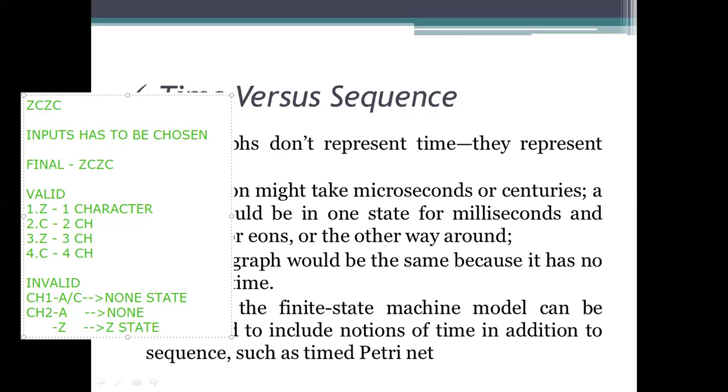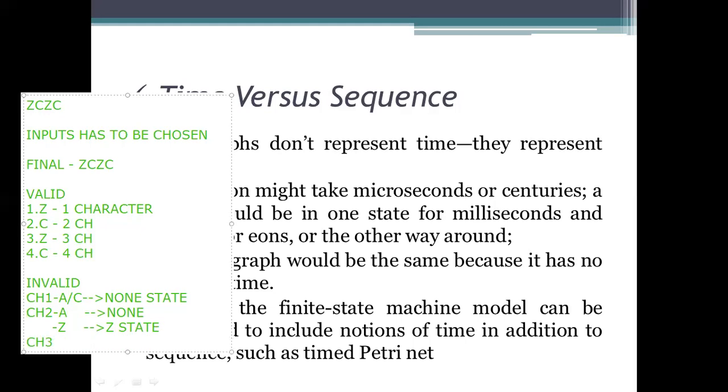Why are we returning to the Z state here? Because it is the first character. No need to go to the none state. If we go to the none state, we need to read the same character there. So that's why it has been specified: if it is Z, just return to the Z state.